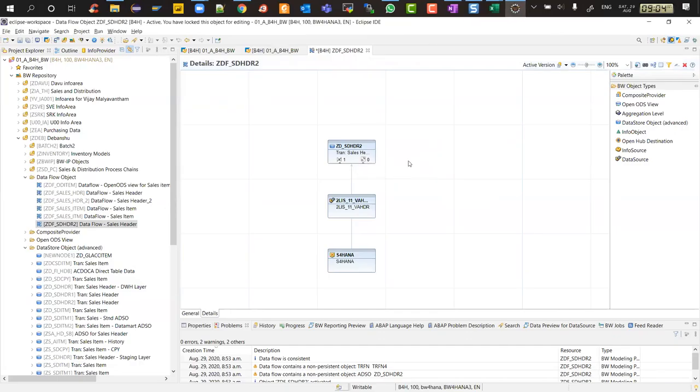Non-persistent, because they have a white background. Don't get confused by this number 1. 1 does not mean that there is a transformation. 1 means there is one connection you have created. There is one connection you have created, but that connection is for the transformation, and one transformation is there as